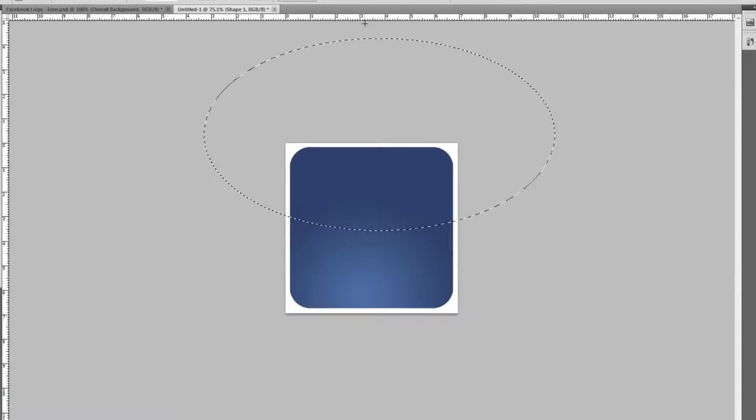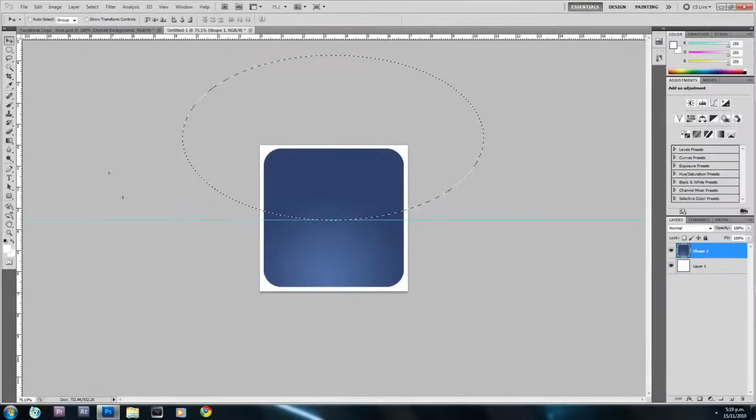and this is just going to be the base of where we want our gloss to be. So I'm just going to hit Control R, bring up the rulers just to check, make sure this is even. Okay, I think that's about good, so I'm just going to drag that ruler out, and now what I'm going to do is create a new layer,